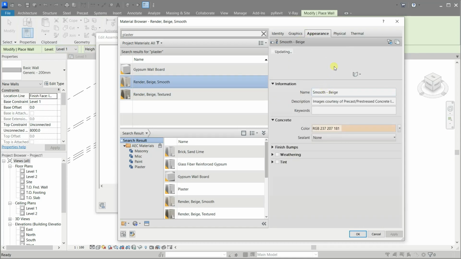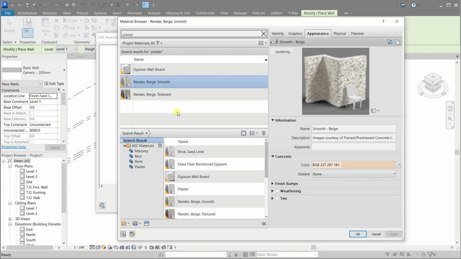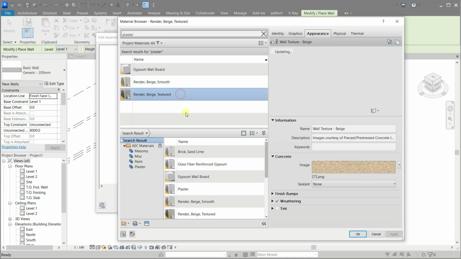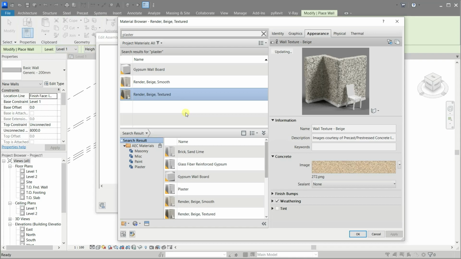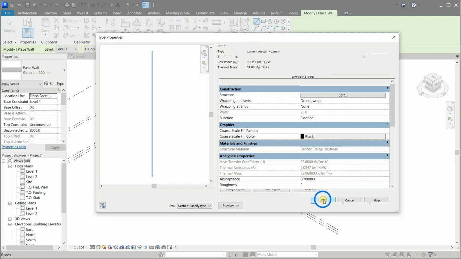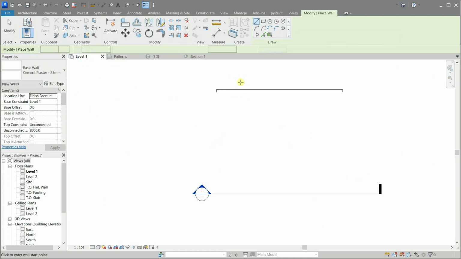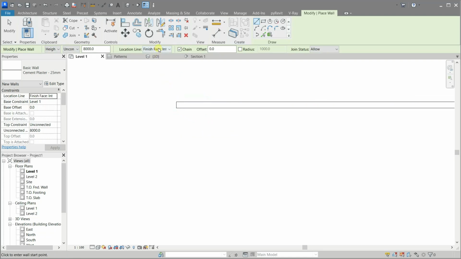We are concerned about the material properties, not only how it looks like. Now let me align it to the side of the wall.